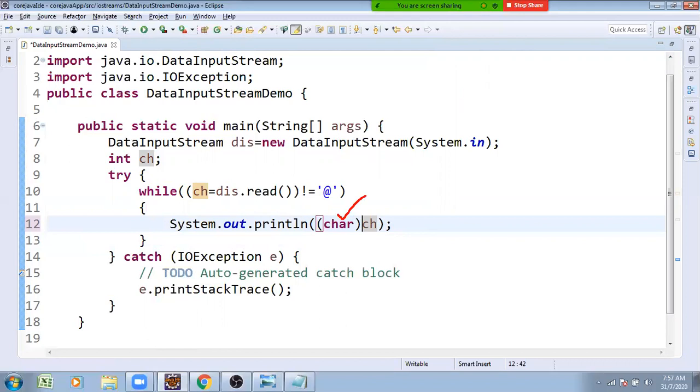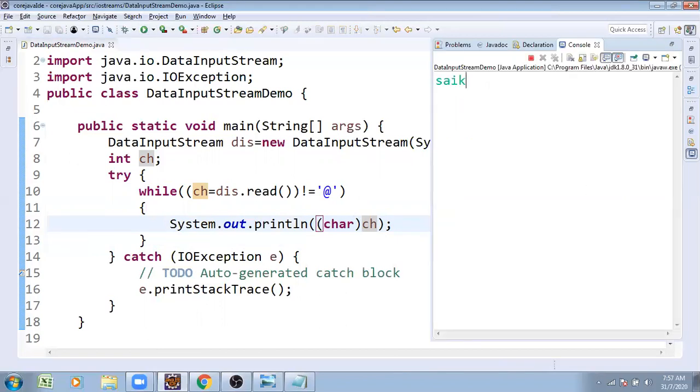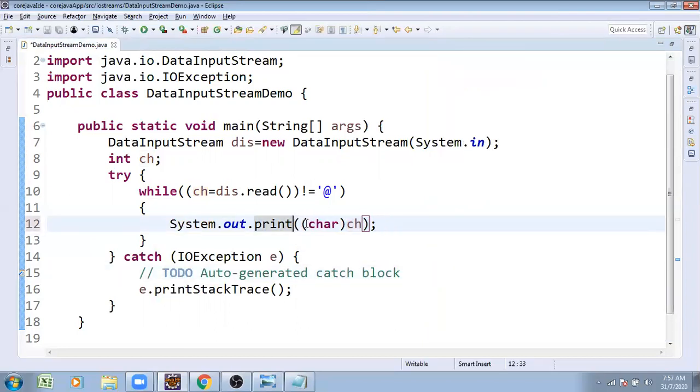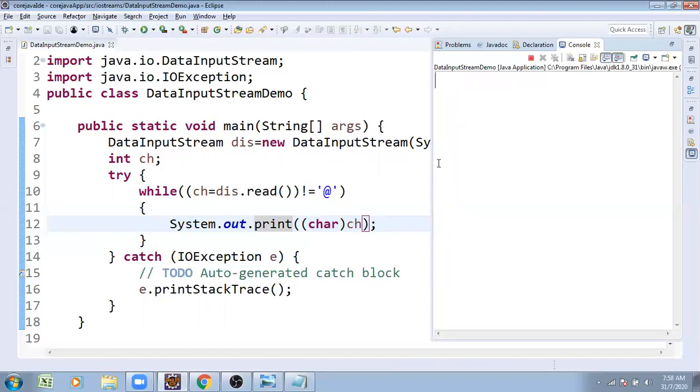Now I'm going to make the cast operation. After making the cast operation, try to observe once and execute it once again. Enter this name. Whatever data I enter, I get. But every character goes to the next line because I applied the new line method. Instead of that, I'm applying the print method. Try to execute it. Enter student names or something. Sai, getting.